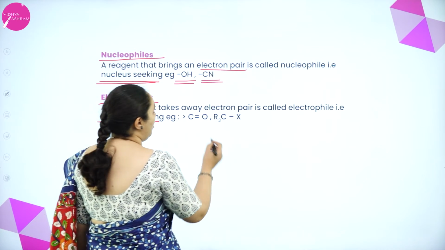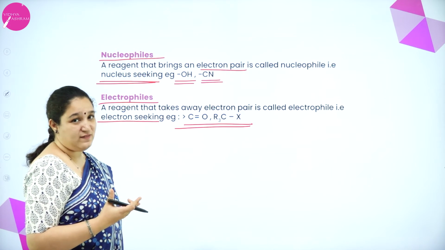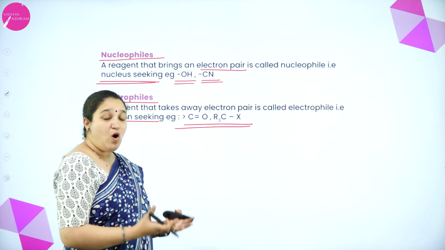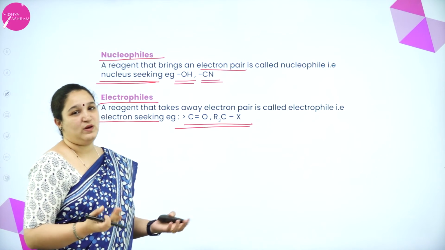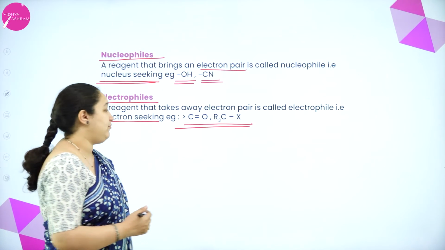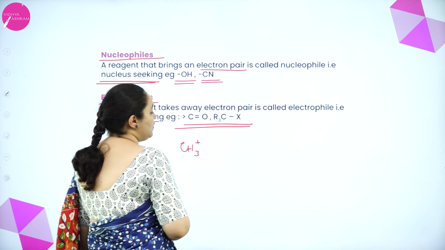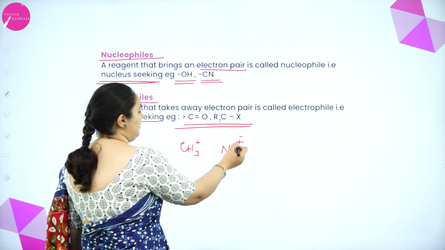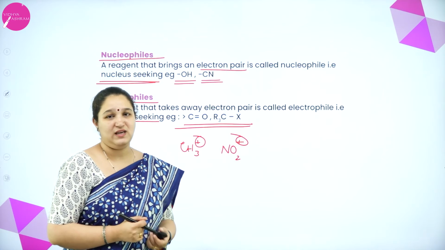And it has got what charge? Either it is positively charged, or it can go towards a negatively charged center, or it can also take up an electron. Then we call them electrophile. Some more examples for electrophile, I can give CH3 plus, then I can also tell NO2 plus, etc. They are all having positive charges, or they can take up electrons very easily.